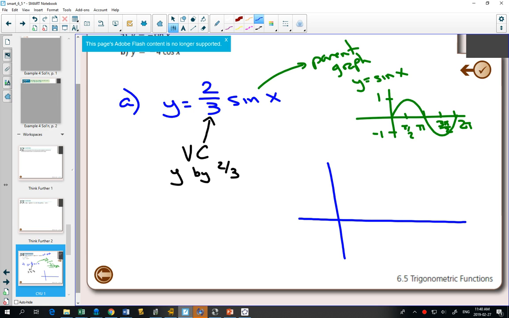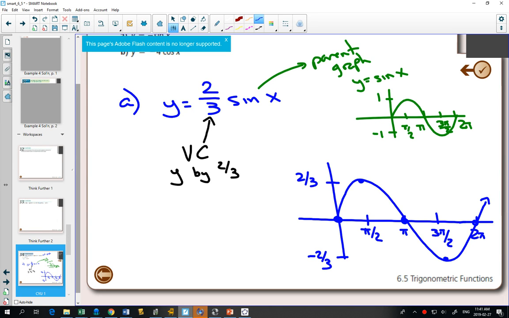Well, instead of having pi over 2 comma 1, I have pi over 2 comma 2/3. Instead of having 3 pi over 2 comma -1, I now have 3 pi over 2 comma -2/3. And when my y values were 0, they're still going to be 0. And we find out that our amplitude is 2/3. In fact,